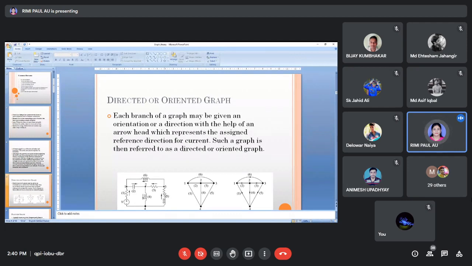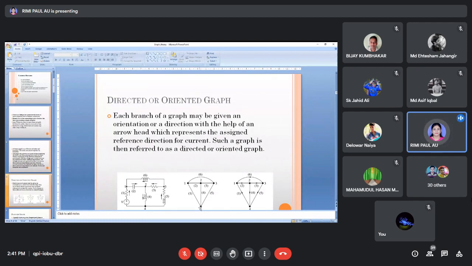So a branch is a line segment representing one network element or a combination of elements connected between two nodes or two points. Though the line segment with its two distinct endpoints represents a branch, it does not indicate anything about the type of element. So we don't know, we are representing one line. We don't know what is present in this line or in this branch. Whatever we get, either one component is present or a combination of components present, will make it a line segment, and this is known as a branch.